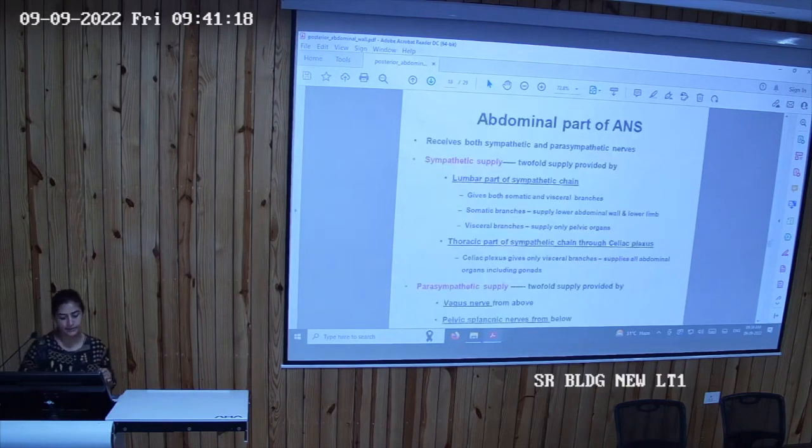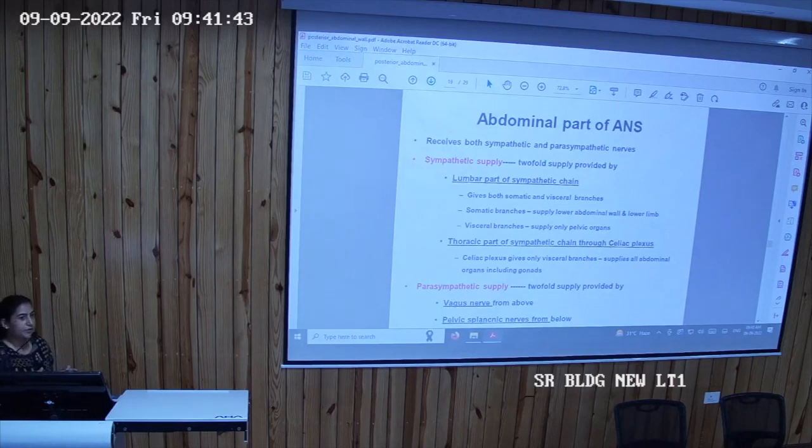Now coming to the sympathetic and the parasympathetic nerve supply. So we have discussed that sympathetic nerve supply is going to give the visceral branches to the abdominal organs. Then it is giving some somatic branches to the lower abdominal wall and the lower limb. And the thoracic part of the sympathetic chain through the celiac plexus. Celiac plexus would be formed around the